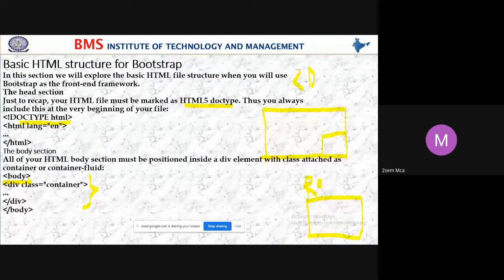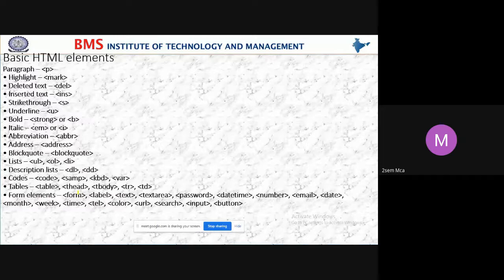Inside the body tag only, we write all these codes. Is it right, students? In the CSS file also we have seen, inside the body tag we write the code. So here we are taking a container. The container is nothing but the box. In that box, you can store the information in the form of rows and columns. Here we have some of the basic HTML5 tags.